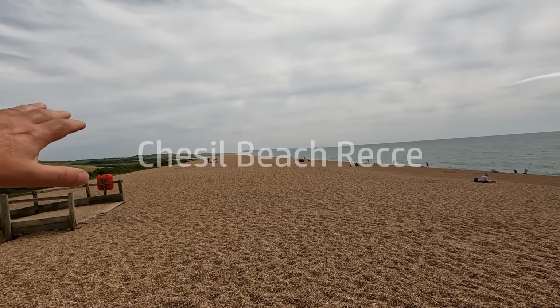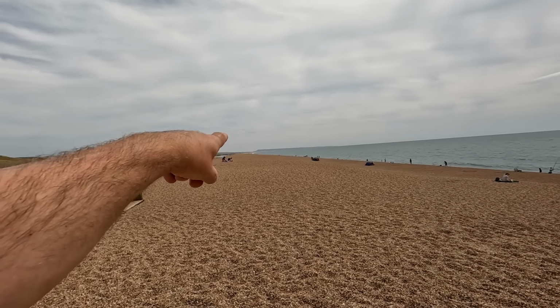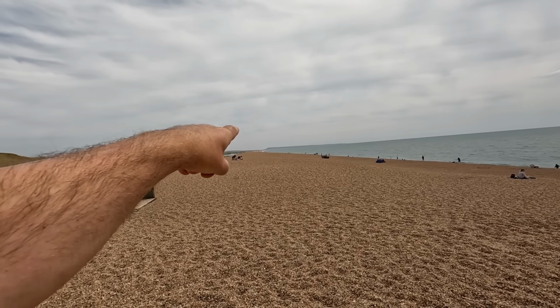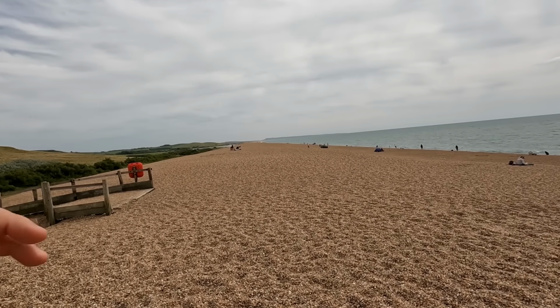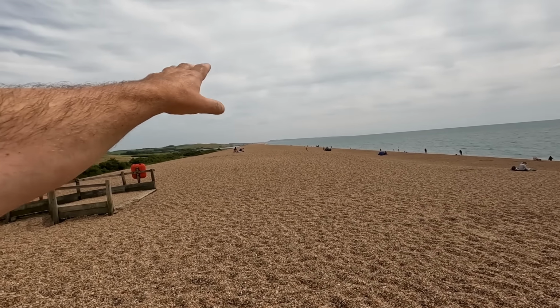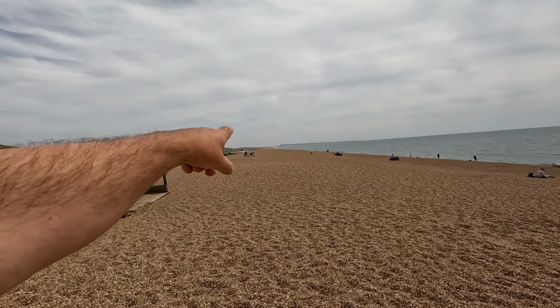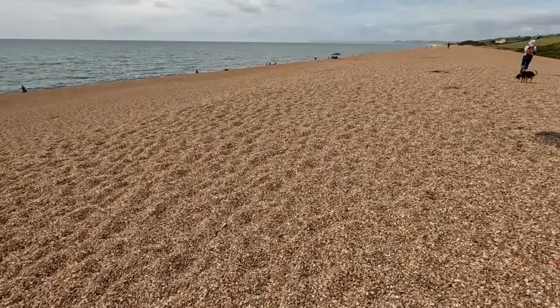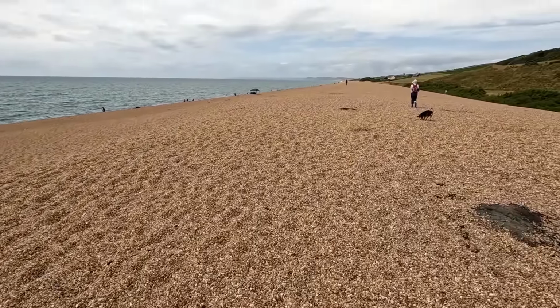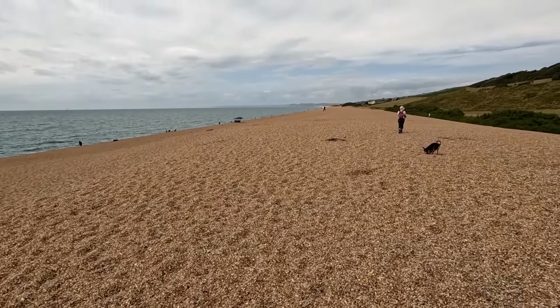So we're here today at Chesil Beach, and that is the Isle of Portland in the distance there. I think it's about 6 or 7 miles in that direction along the main bit of Chesil Beach. I plan to do a scientific expedition along there later this year, and in preparation for that today we're just coming here the other way towards Burton Bradstock, because Chesil Beach does